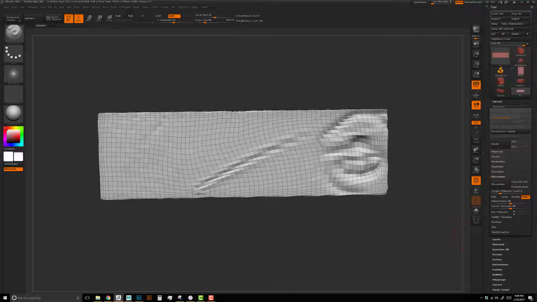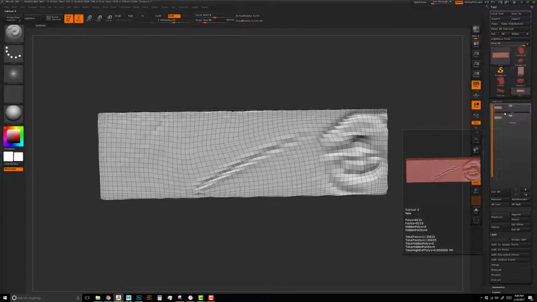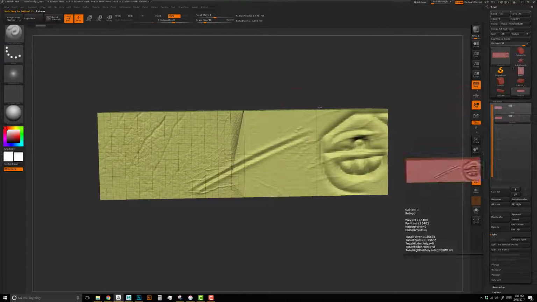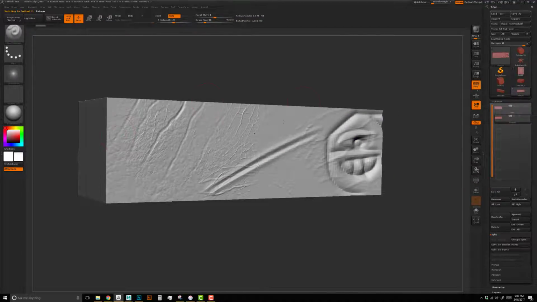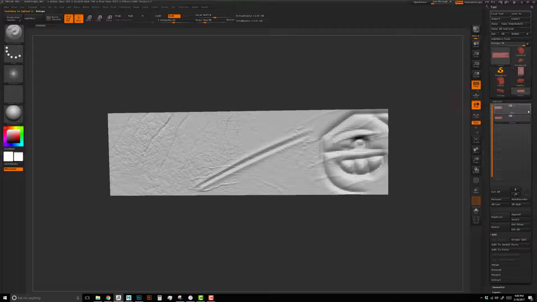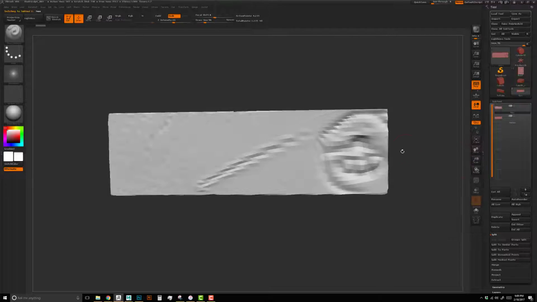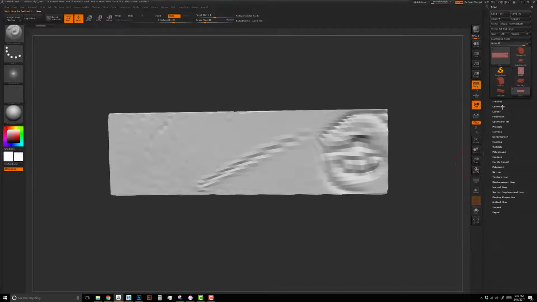So we can get that back, and I'm going to go back to my subtool menu on the right-hand side. Here's the new one, and here's the original. I'm going to turn polyframe off. So here's what our original object looked like. So we're going to get that back. We see this original object is about 1.1 million points, and I need close to that amount on the new object. So going back to this new object, and I'm going to go to geometry,